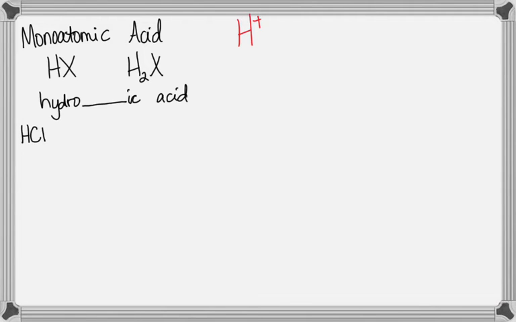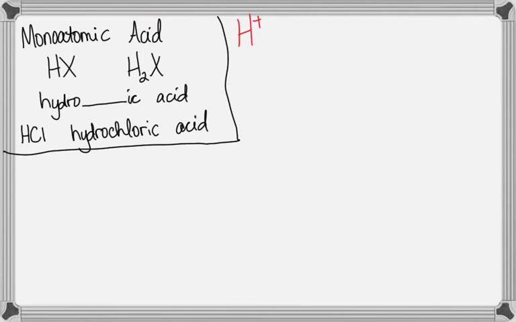Do y'all see that it's just HCl? H is +1, Cl is -1. So how do you name that? Hydrochloric acid, which is what we were saying is stomach acid. Hydrochloric acid, plain and simple. Okay? So that's one group of acids. I'm only going to use that one as an example.